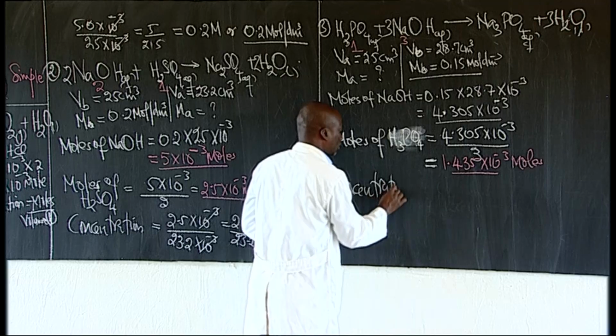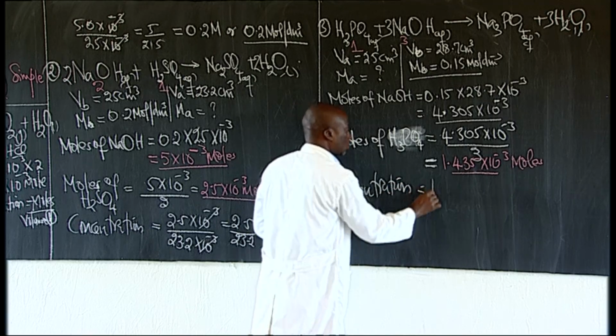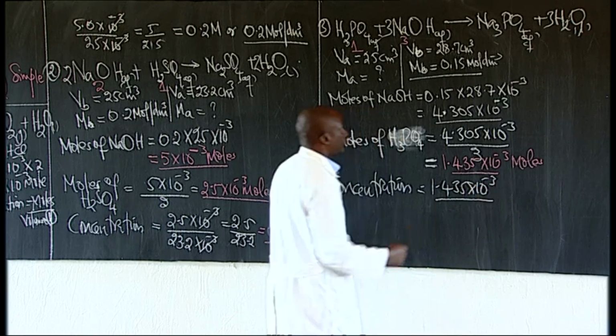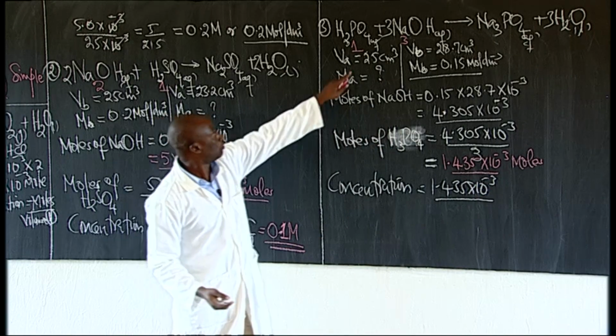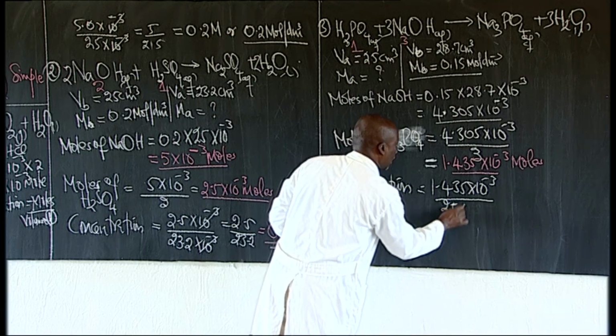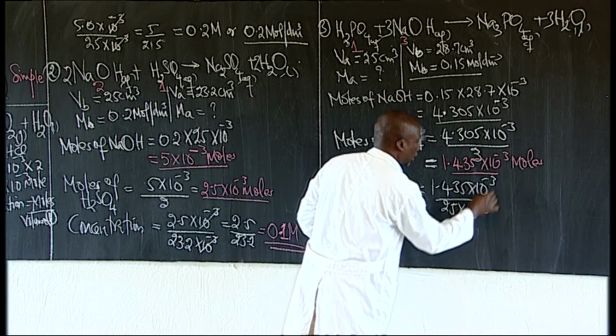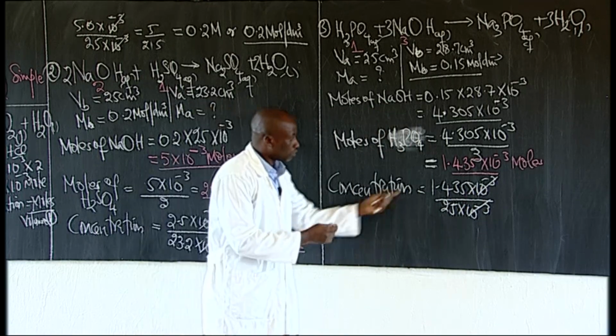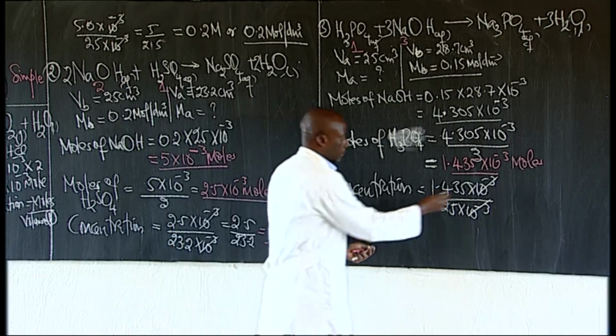Number of moles, which is 1.435 times 10 to power negative 3, divided by the volume. Do we have the volume? The volume is over here. So we are dividing it by 25 times 10 to power negative 3. As always, those ones will have to cancel out. So we remain with